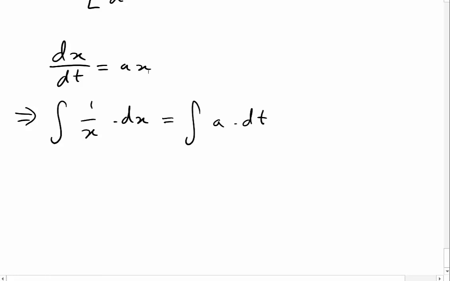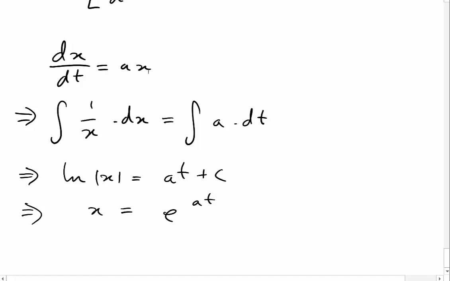Again, all I'm doing here is considering this dx by dt as a fraction. I'm getting everything involving x onto the left-hand side and everything involving t, or a constant in this case, a, on the right-hand side. This is what I end up with, and now integrating both sides, I'll end up with the natural logarithm of x equals at plus some constant of integration. I can now write x is equal to e to the at plus c,